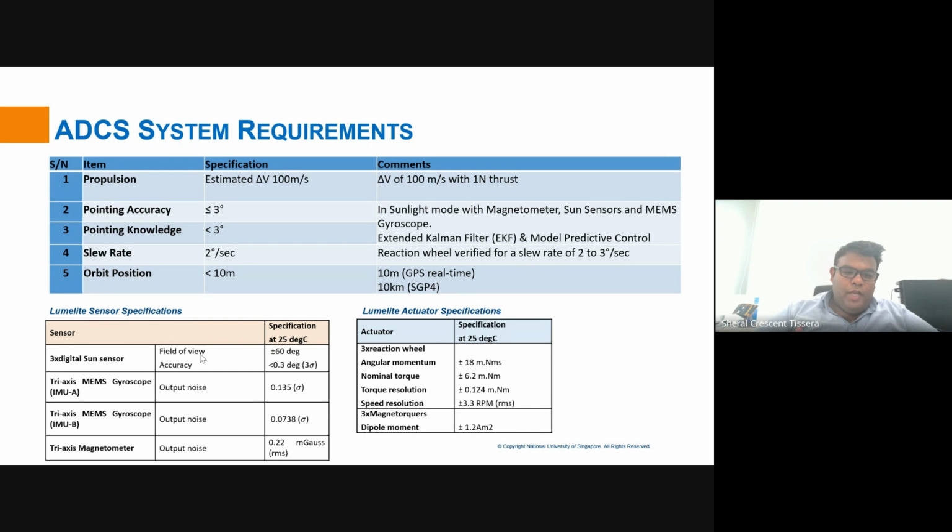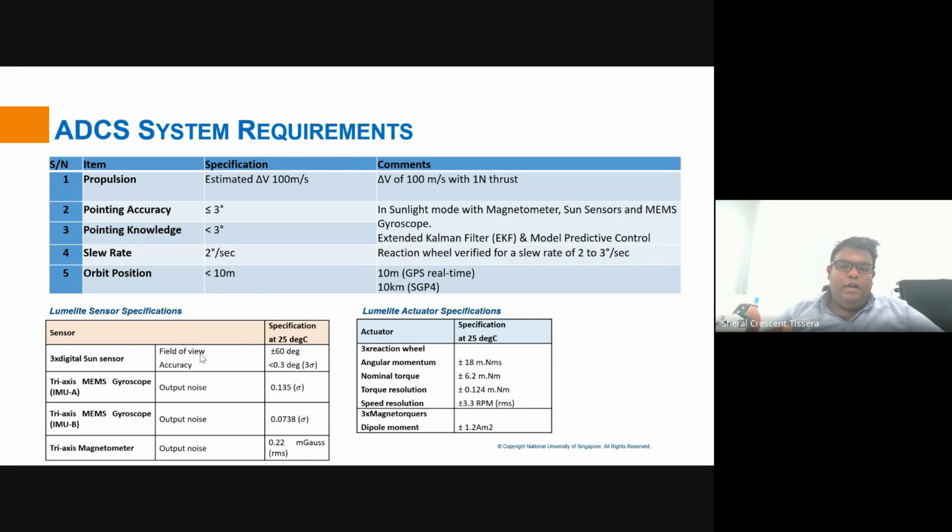So our IMU-A with a lower accuracy was configured to be the default IMU of the satellite, while IMU-B, which had a higher accuracy, was configured to be the backup or on-demand gyroscope to conduct the payload operations. Next, we have the final sensor, which is a magnetometer, which provides the Earth magnetic field in the